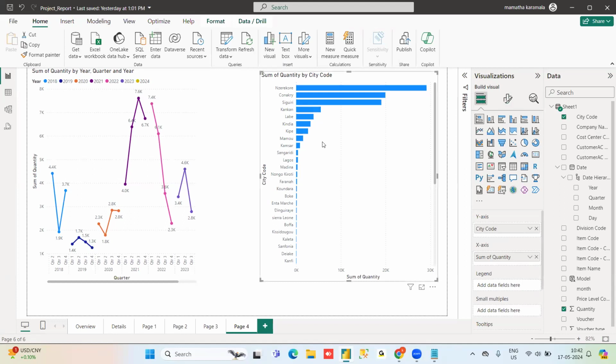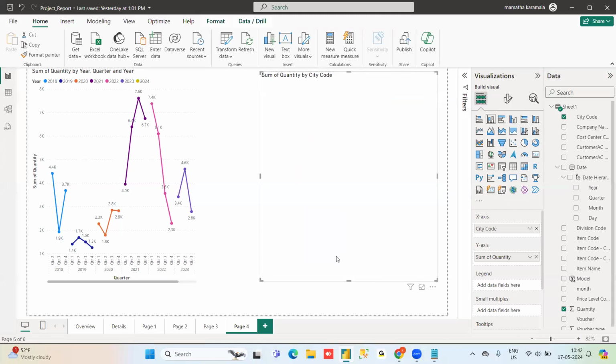The same visualization, I have just taken a stacked bar chart. But if I wanted to see all this text on the x-axis and quantity on the y-axis, then I will go for a different visualization.